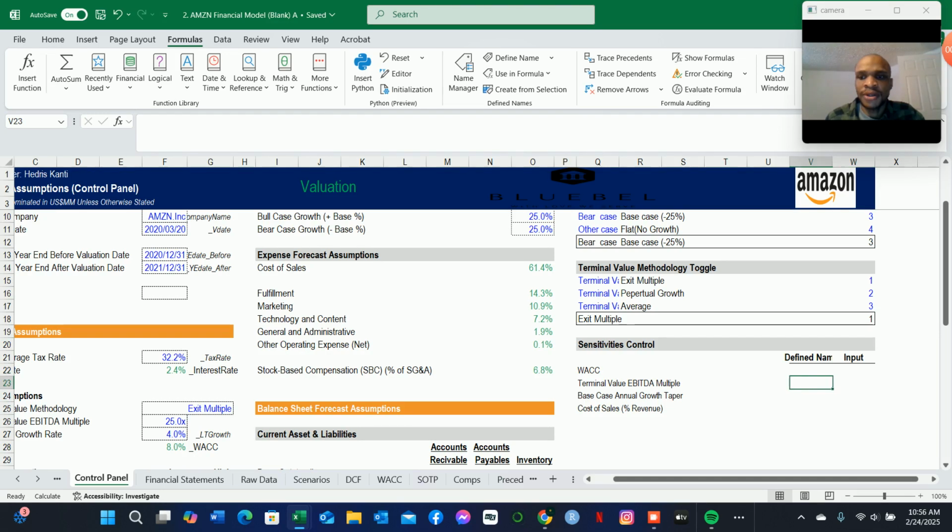capital. And we're going to be doing the same for the terminal value EBITDA multiple. We're going to be doing the same for the base case annual gross TAPA. We're going to be doing the same for cost of sales, cost of goods sold as a percentage of revenue. So let us begin with WACC. So in this case, we will have to